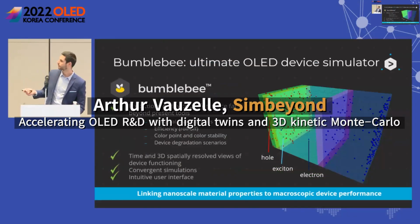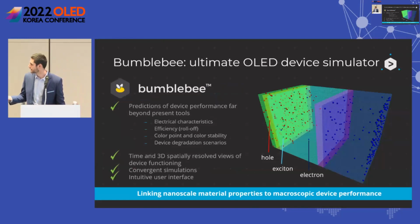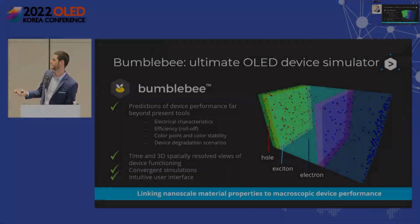When I'm talking about predictions of device performance, here I'm referring to electrical characteristics, so really JV curves as an example, the evolution of current density as a function of voltage. I'm thinking about the efficiency and the roll-off that you see at higher current densities. It can be the color point and color stability, and what I mean by that is, for example, where is your recombination zone in your device? And it can be, of course, a study of the lifetime with